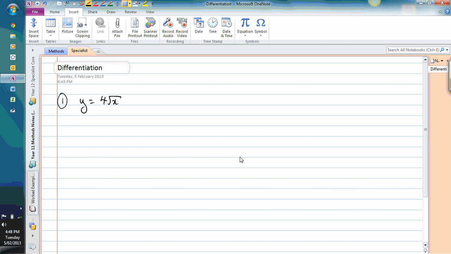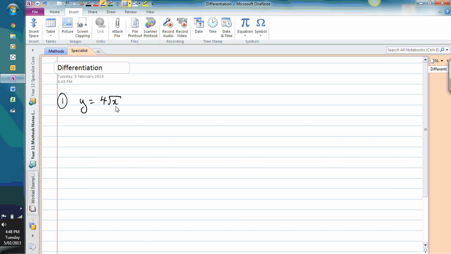In this series of videos, we're going to look at some different differentiation problems of the type that you would have been solving in Year 11, just as a little bit of a revision before we get into our work on integration. The first example that I've got here is the function y equals 4 times the square root of